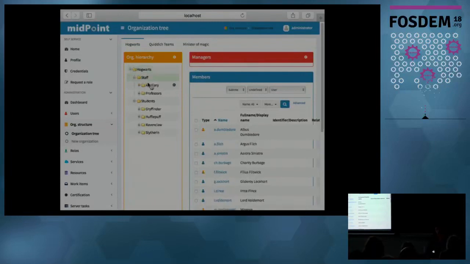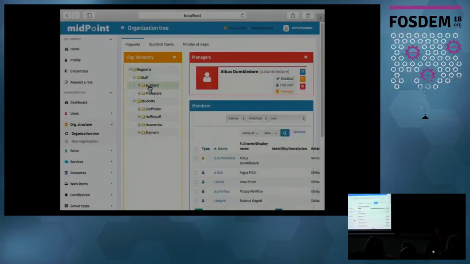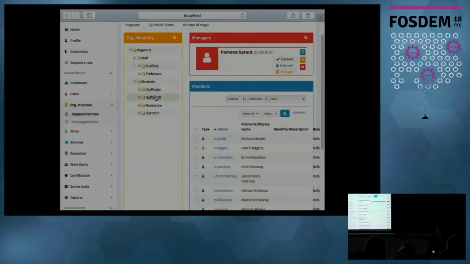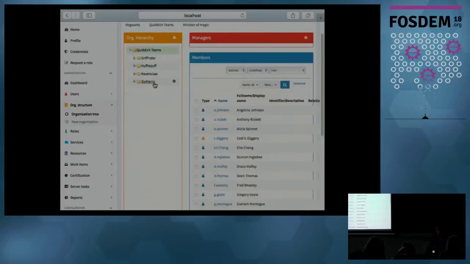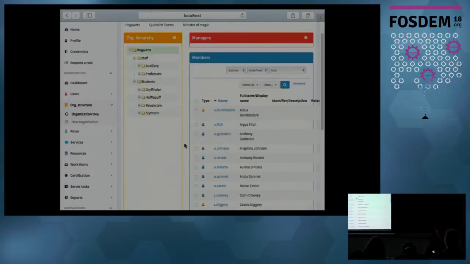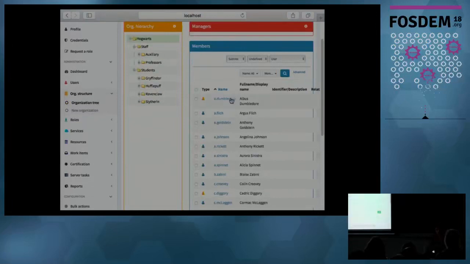Here we can see our structure, which we pulled from the HR system, and we can see the members of each organizational unit, and also the manager of every organizational unit. Here we can also see that there are some teams, which are also represented by the organizational structure, and that team leaders are represented as managers. If you look into the profile of some user,